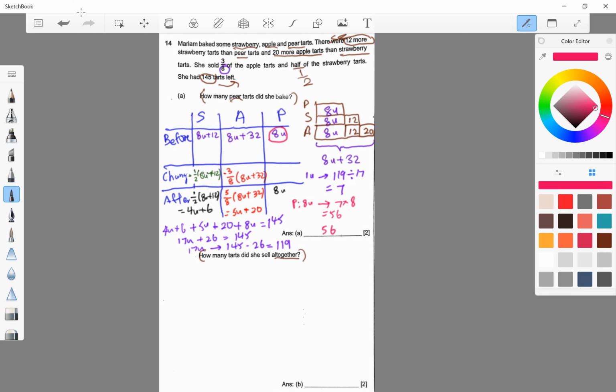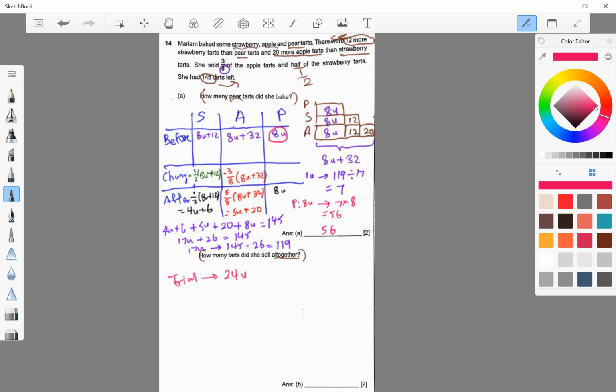So to get all together, I do not actually need to find out what is half of 8 units plus 12 or 3 out of 8 of 8 units plus 32. I can actually make use of what I already know to obtain the grand total. So the grand total will be 24 units. So 8 units times 3 is 24 units. So the total happens to be